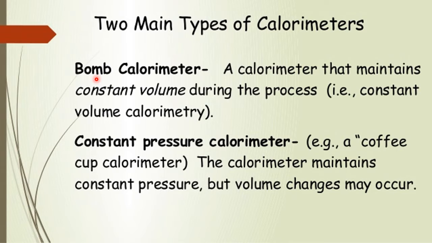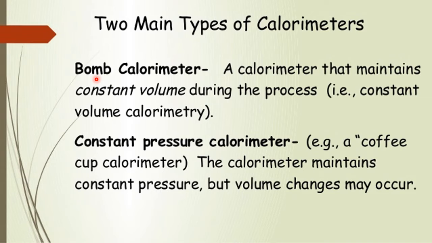Why is it called a bomb? Normally, a bomb is one which explodes in a small volume. It is compact, where the volume suddenly explodes and it gives a sound. That is called a bomb. Like that, here we carry out the experiment at constant volume. Volume is not allowed to change. That's why it is called a bomb, where there is no change in volume. It can withstand any pressure, so that's why it is called a bomb.